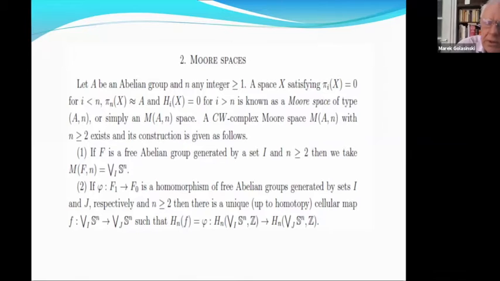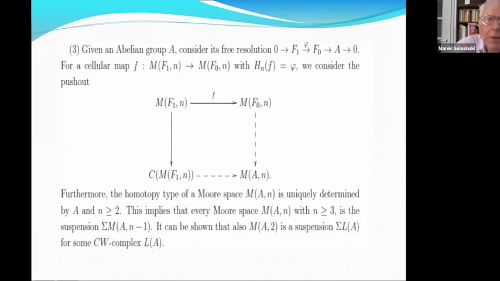And thanks to this construction for free spaces, we can now construct a Moore space for any group. So now, given an abelian group, we consider a free resolution. If you have an abelian group A, then there exists, not necessarily unique, a free group which covers this group. So we have an epimorphism, and